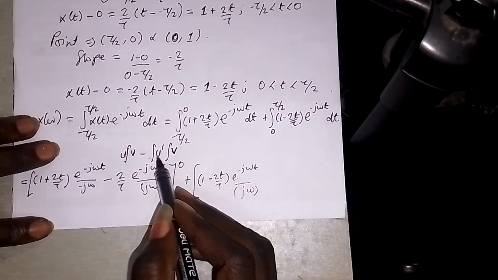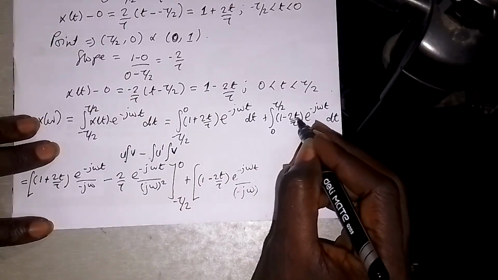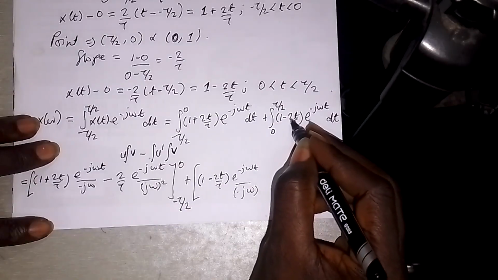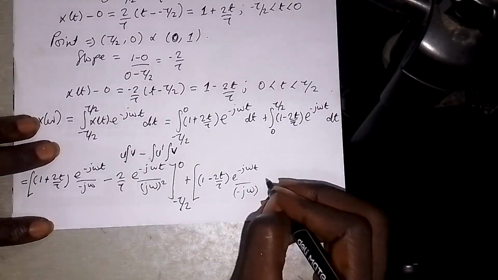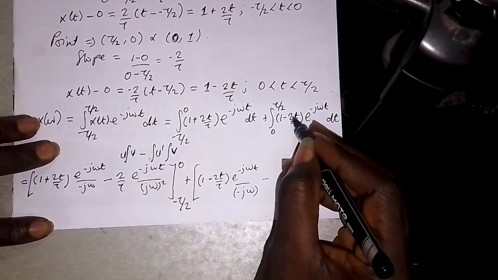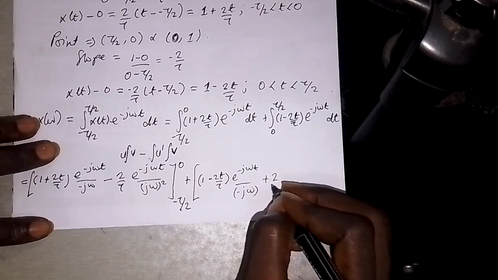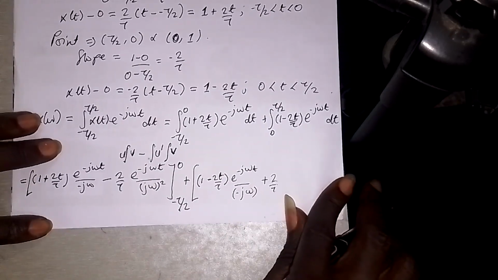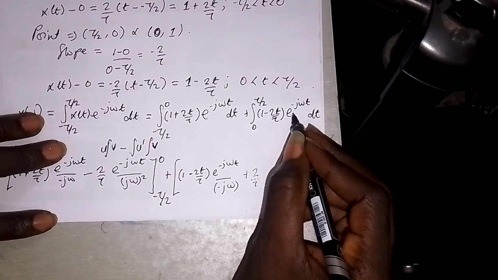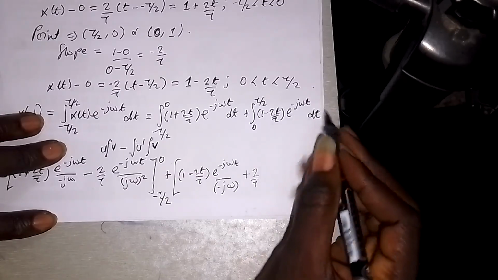In this place I'm going to differentiate this guy. If I differentiate this guy, if you differentiate 1, you get 0. If you differentiate this place, you get minus 2 on tau, but there's already a minus here. So minus minus will be positive, and I'll have 2 on tau. Then I must differentiate this guy and integrate this guy 2 times. If I integrate the first time, I'll get e exponent minus j omega t over